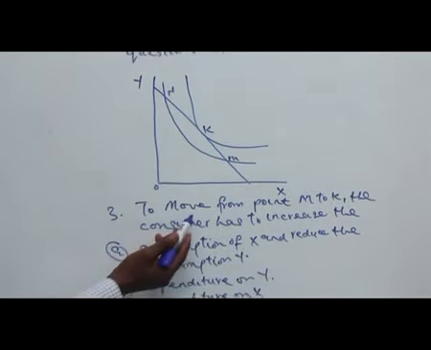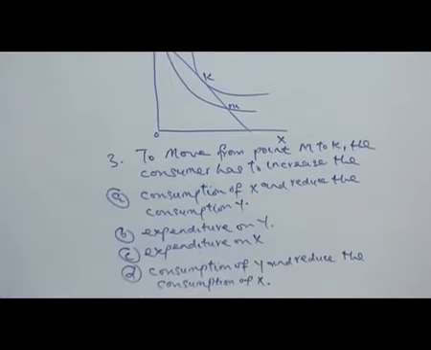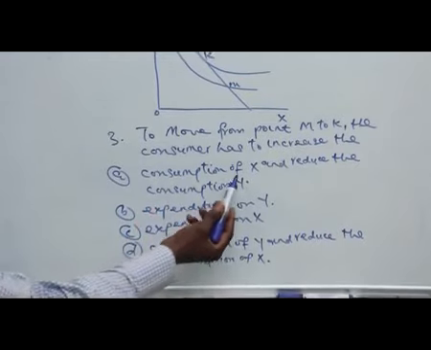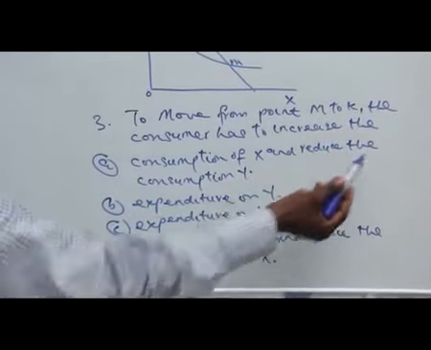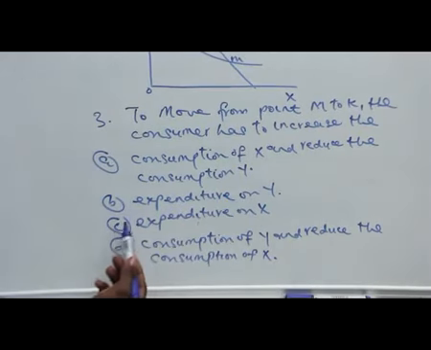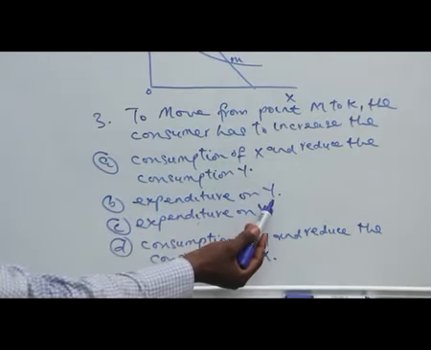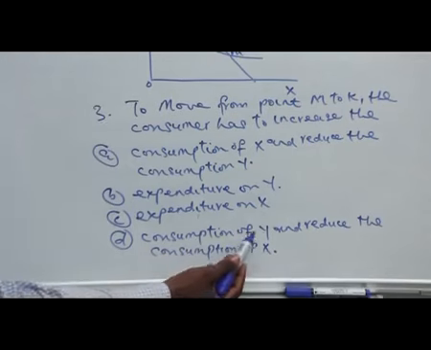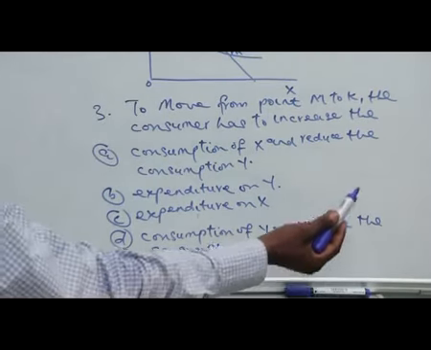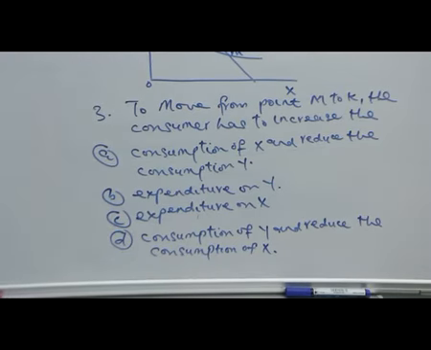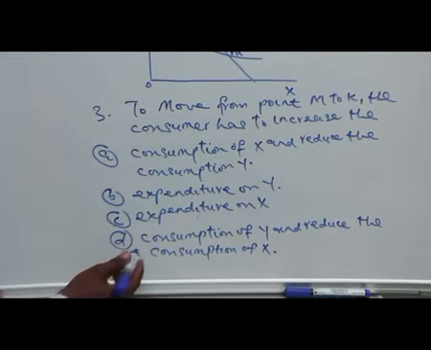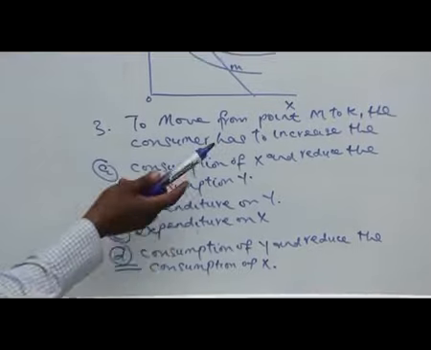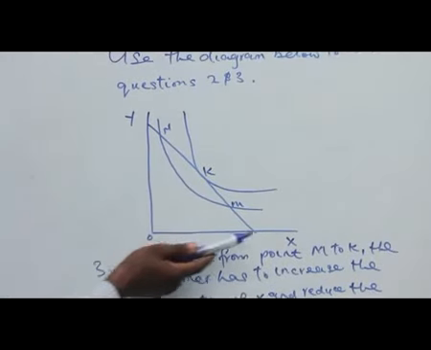Question 3. To move from point M to K, the consumer has to increase the A. Consumption of X and reduce the consumption of Y. B. Expenditure on Y. C. Expenditure on X. D. Consumption of Y and reduce the consumption of X. The right answer is letter D. The consumer has to increase the consumption of Y and reduce the consumption of